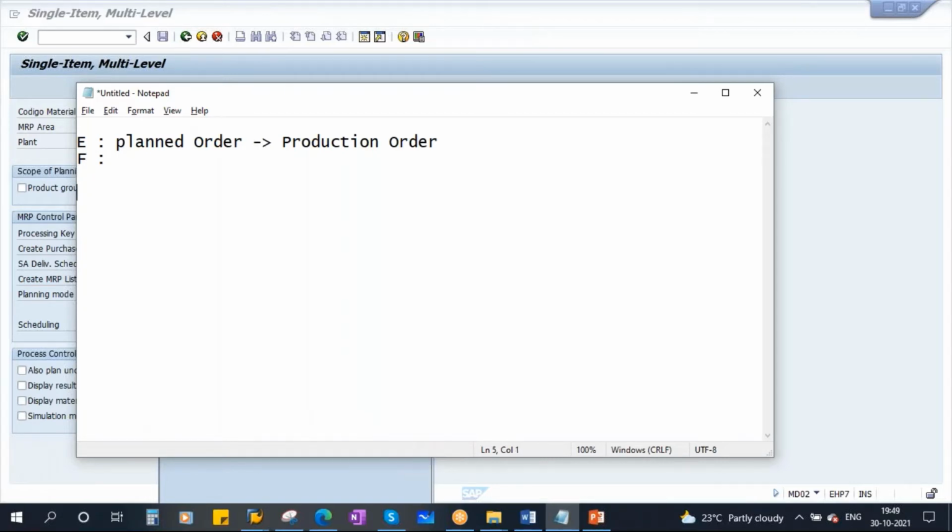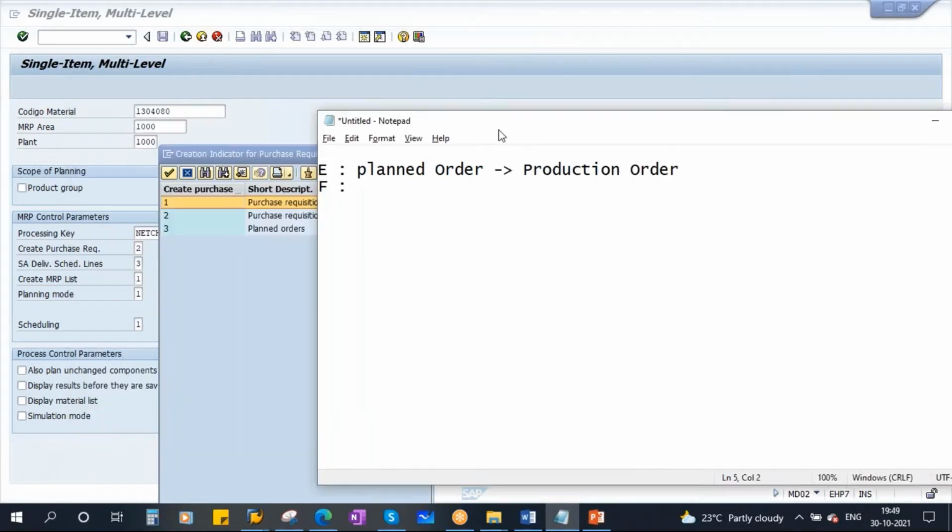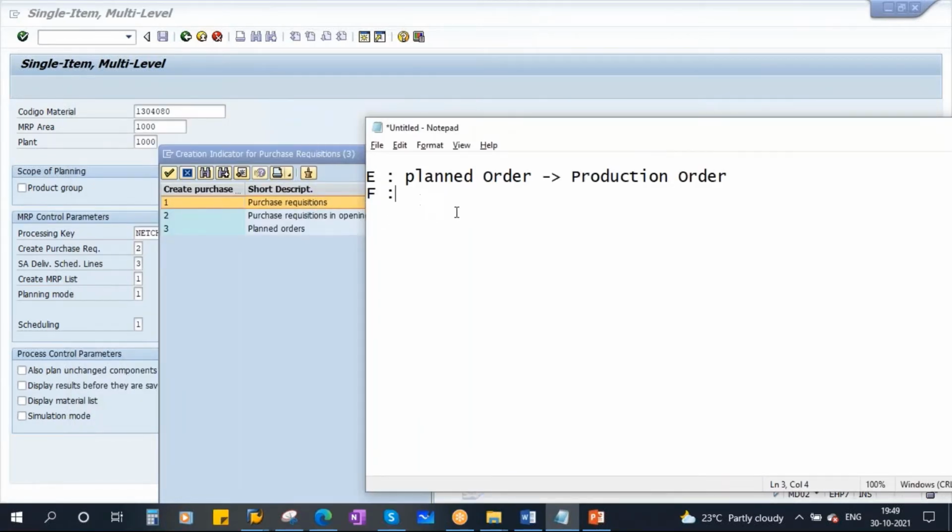If you maintain 1 here, the system will generate a PR, purchase requisition. Now this is converted to a purchase order. If you maintain 1, the system automatically creates a purchase requisition.